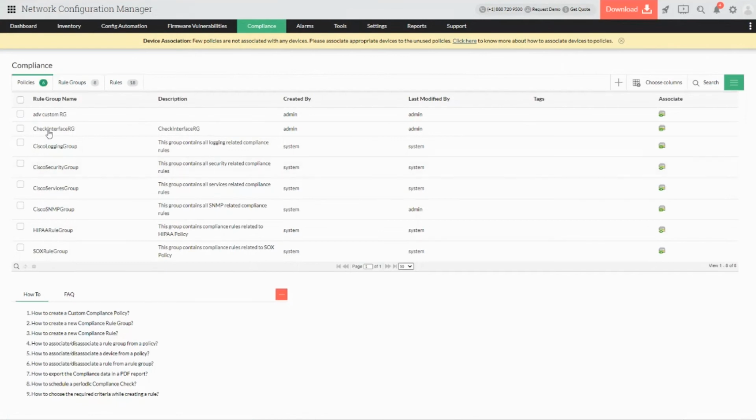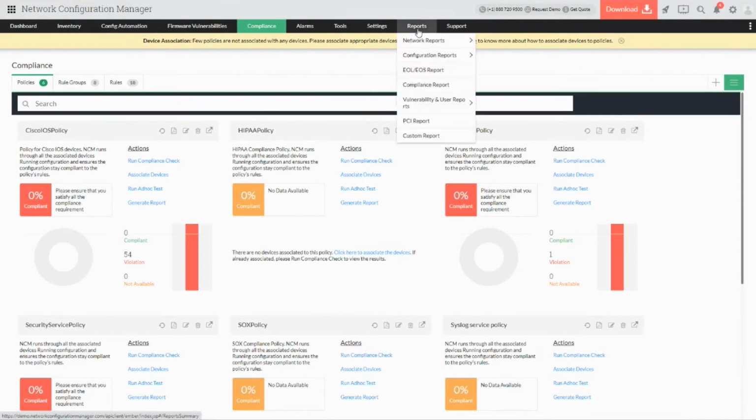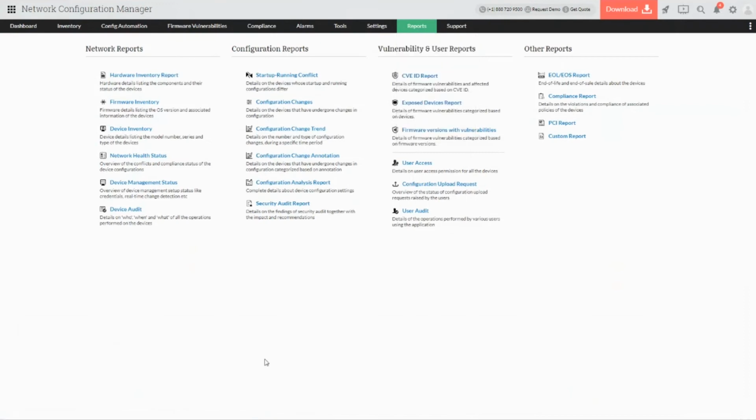And then once you have the rule groups, you can create your own compliances so that you will have a custom compliance apart from the default vendor compliances which are available. So this helps us have a much secured and safe environment with respect to the network devices which we are managing. And likewise, when we talk about the settings which are available, as you can see, the managing of them is pretty simple and the discovery is also pretty simple and straightforward.